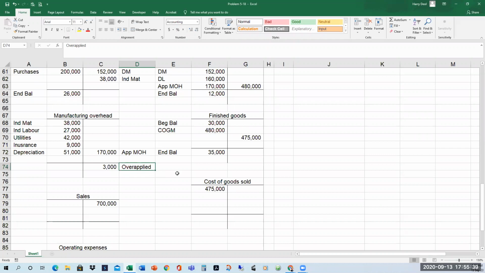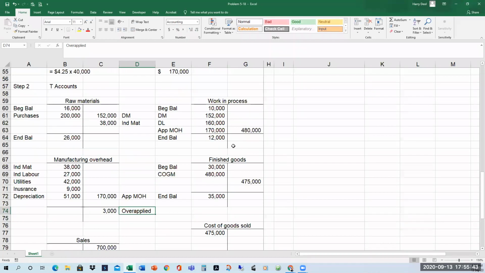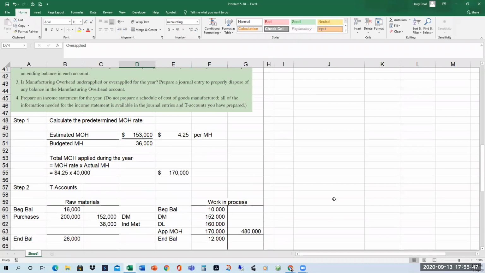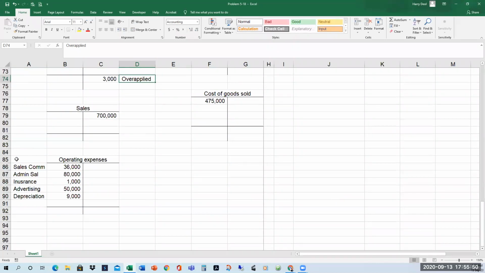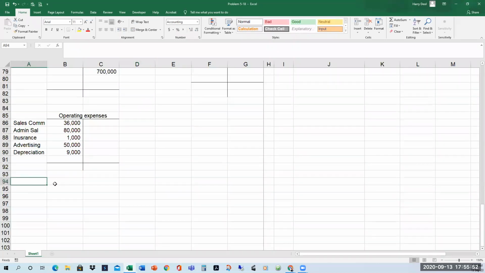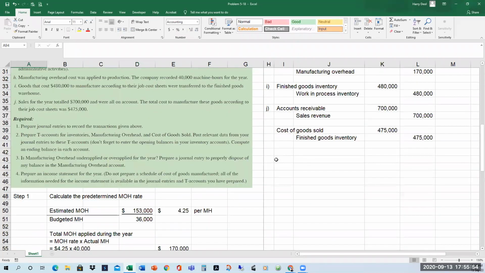It must be prorated to cost of goods sold, finished goods, and work in process. All right, so that's step 3. We can do it here. Step 3, close over